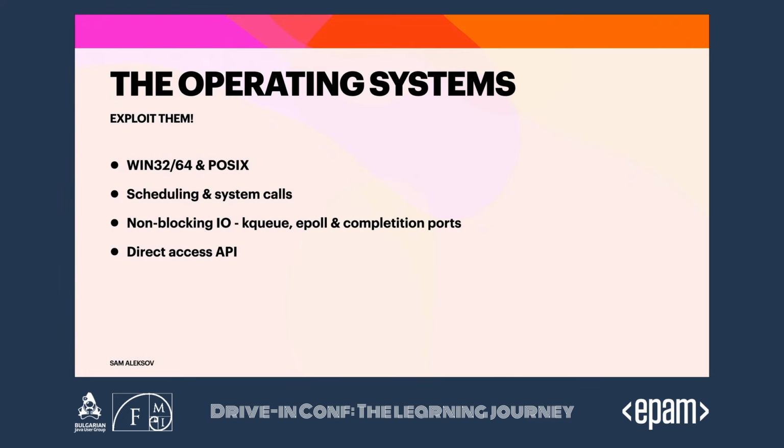The operating system. You do need to know what the exposed capabilities are. That would be the Win32 and Win64 APIs, and POSIX. You do want to know generally at a high level how the scheduling is performed and when your program could be interrupted and offloaded for some other program to execute. And it's also important to know the performance of the system calls that you perform and how long they would take.